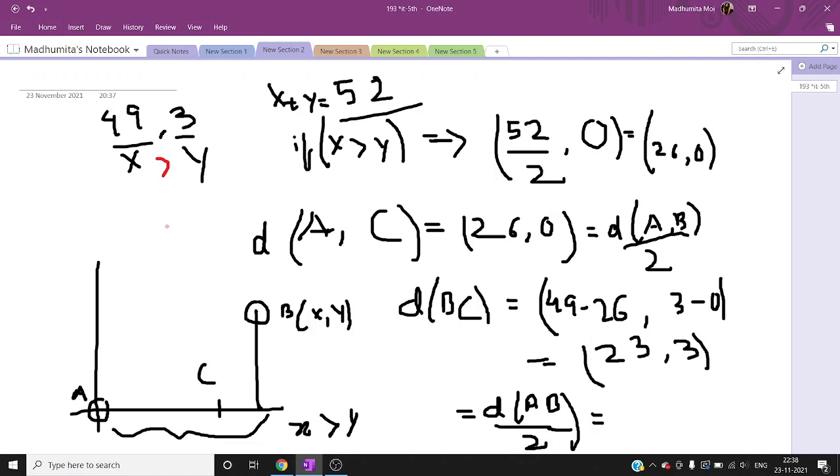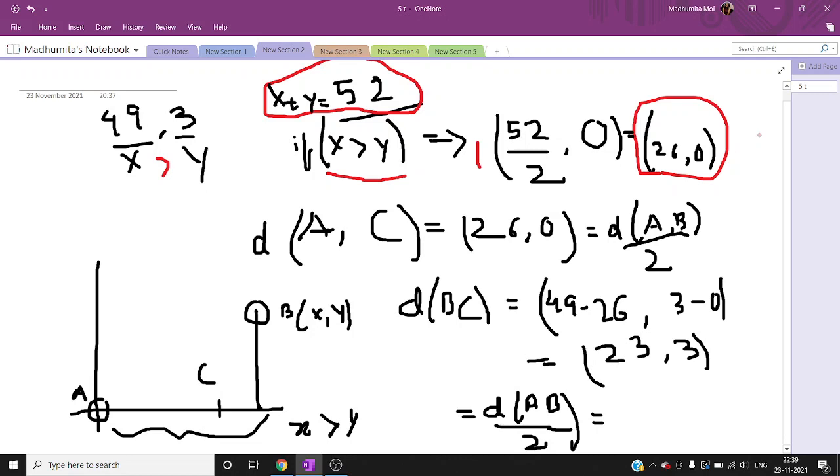So let's come to the first case, that is if both the numbers are odd and x is greater than y. We first find the distance. The distance is definitely going to be positive, in the sense that the distance is going to be even. That is, 52 mod 2 is equal to 0. In this case x is greater than y, so the coordinates of C we can simply write as (x plus y by 2, 0). Here in this case we can write (26, 0).